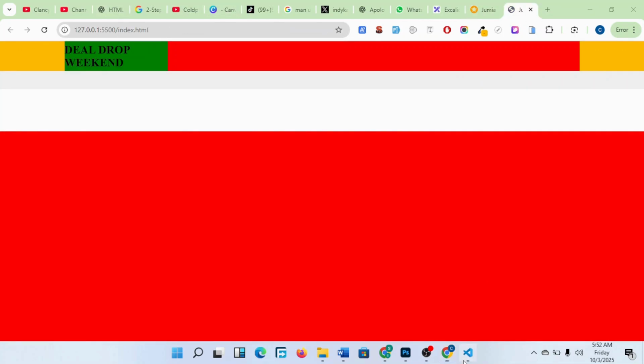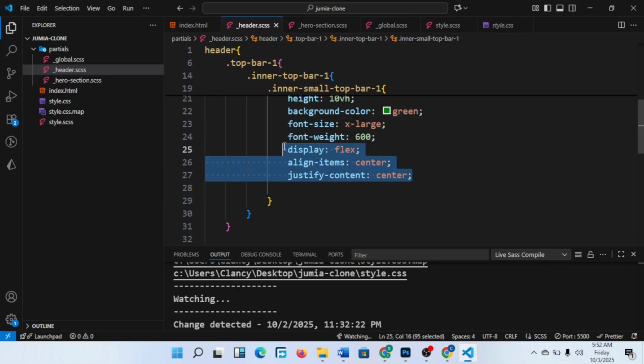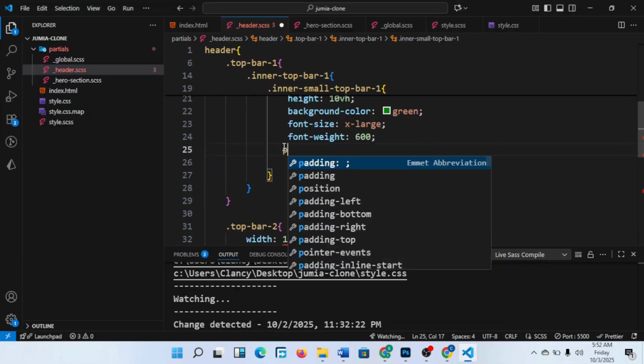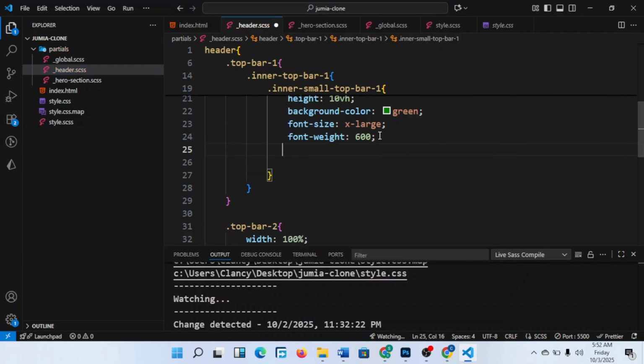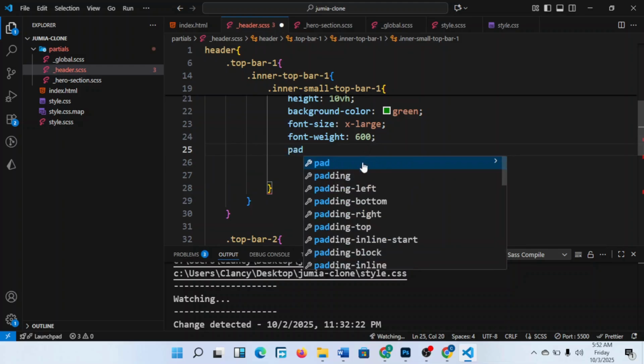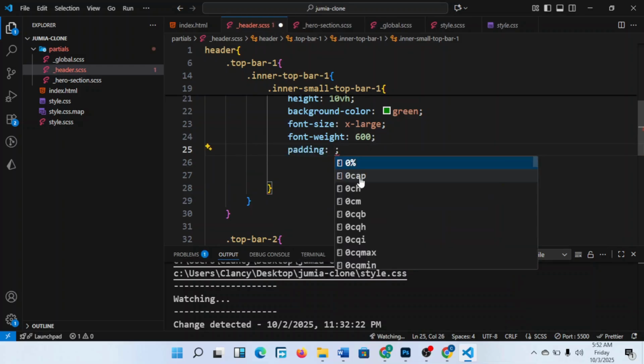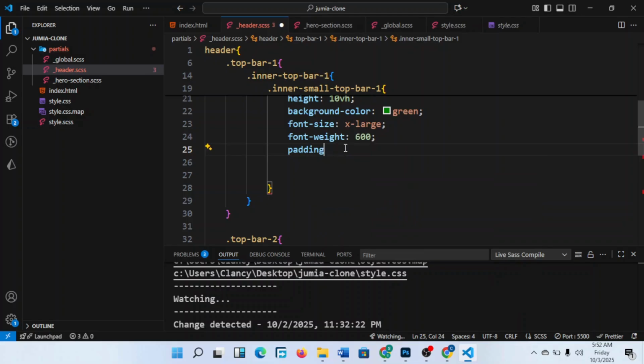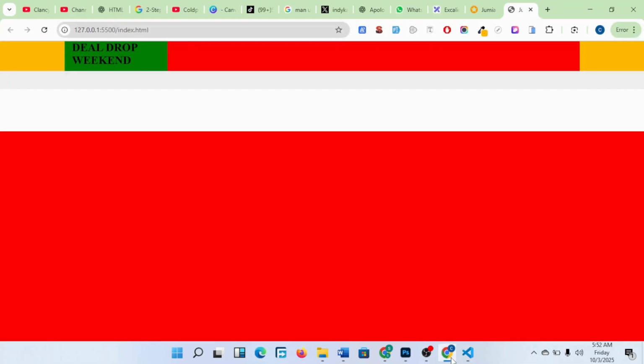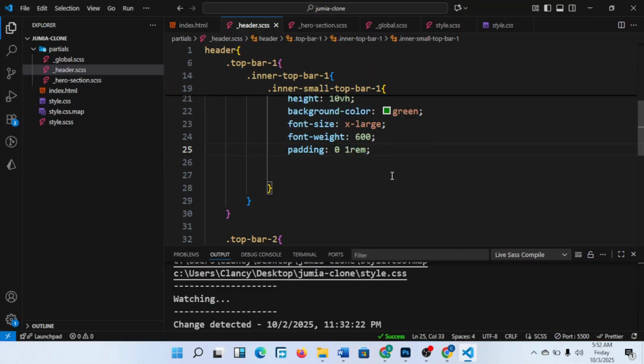Okay. I can even give it some padding. I can say here padding X, padding, and I say here 0, then I say here 0, then I say here 1 rem. Simple as that. And I see. Okay, it's being forced. And I come here and say maybe 2 rem, maybe 1.5 rem. Okay,